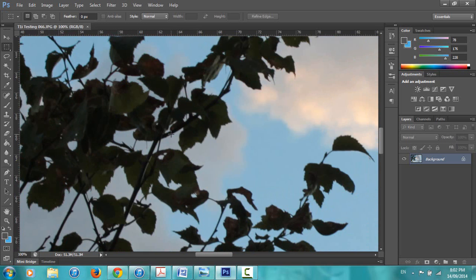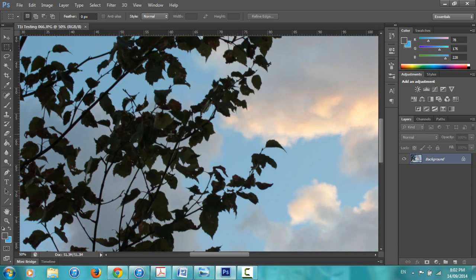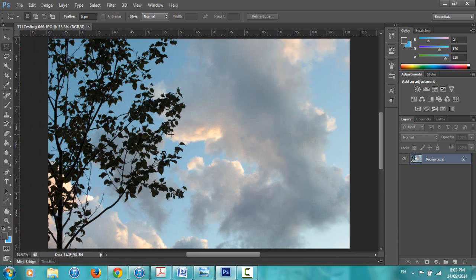Okay, so again, you can zoom in and out using Control plus or minus. So I'm going to go Control minus. Here I'm at 50%, so this is half as big as it is. And again, back to our 16.67%, which fits on our screen. So it's a pretty big image.